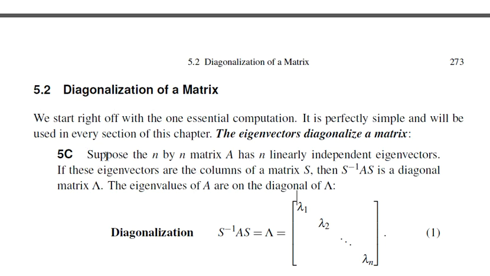The theorem is: suppose the n by n matrix A. A can be any matrix of order n into n, so it may be 2 into 2 or 3 into 3 or whatever. A is having linearly independent eigenvectors. So the eigenvectors of this A are independent. Then if these eigenvectors are the columns of a matrix S,